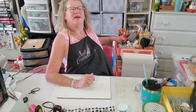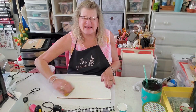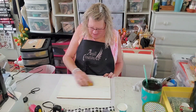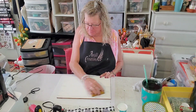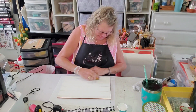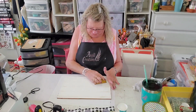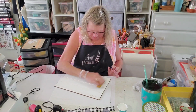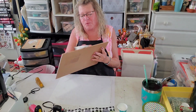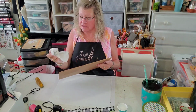I am going to just scuff this up just a little bit because, oh, I hate that sound. It has a veneer on it, and I need my Mod Podge to stick to it. I hate it, hate it, hate it. Alright. That should be good enough. Hopefully, because I can't stand it. I have a wet baby wipe here that has black paint, and I probably should not have done that because I could have just...